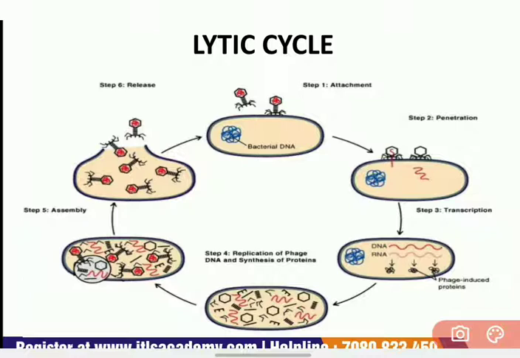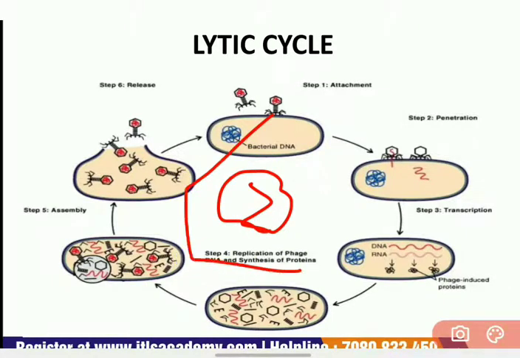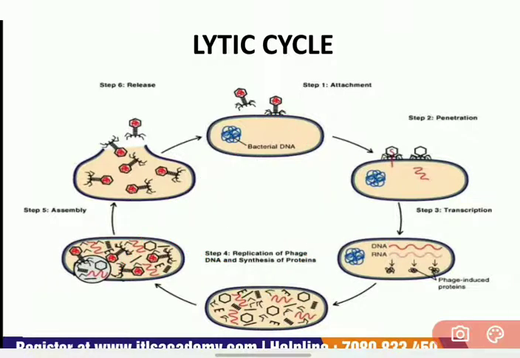Assembly is the process of getting together all of the genetic materials, or all things that are present in that particular medium. In the case of assembly, genetic material would be there and protein would form a coat around that genetic material, and there would be formation of tail fibers also. The fully processed phage will form in the process of assembly. You can see the formation of phage particles in this particular step.